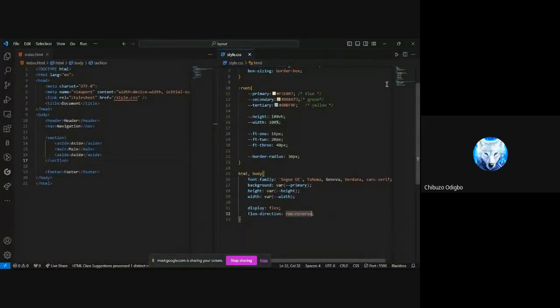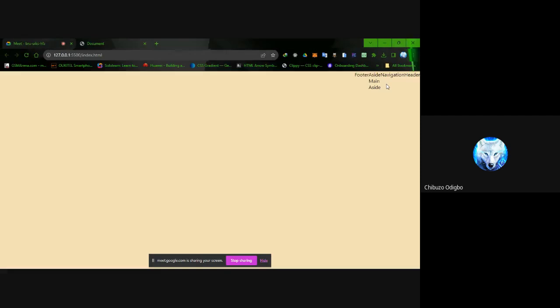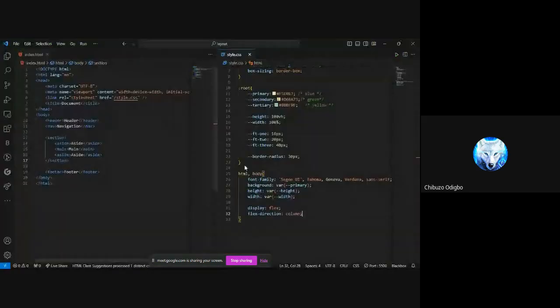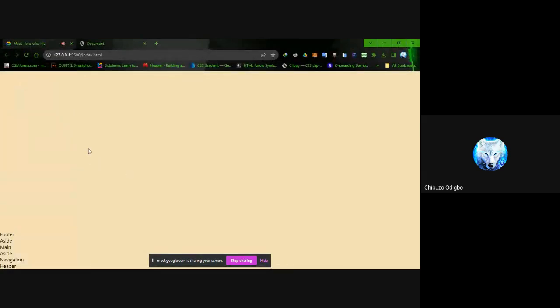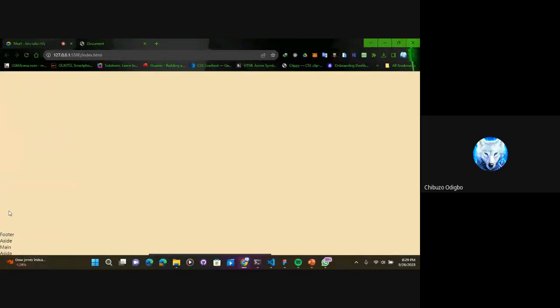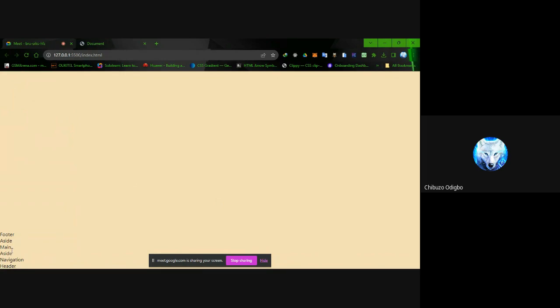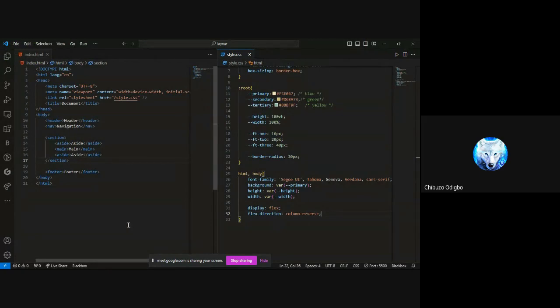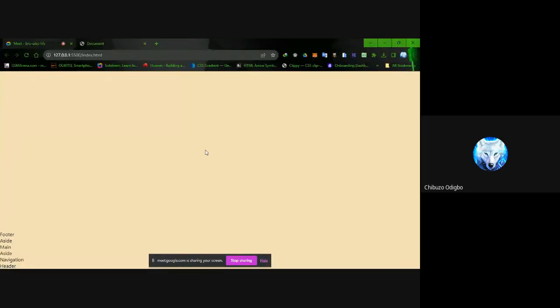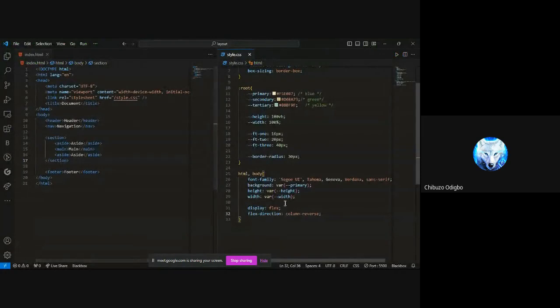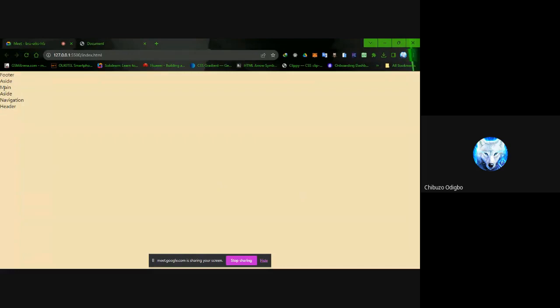Then we have the column. You see the column now puts everything back to how it was in the initial state. Then we have the column reverse. So this just takes everything from back to up. Now, why is this working with this kind of movement, why is it moving across the entire screen? It is because we have the height defined. If we did not have the height defined, it will just